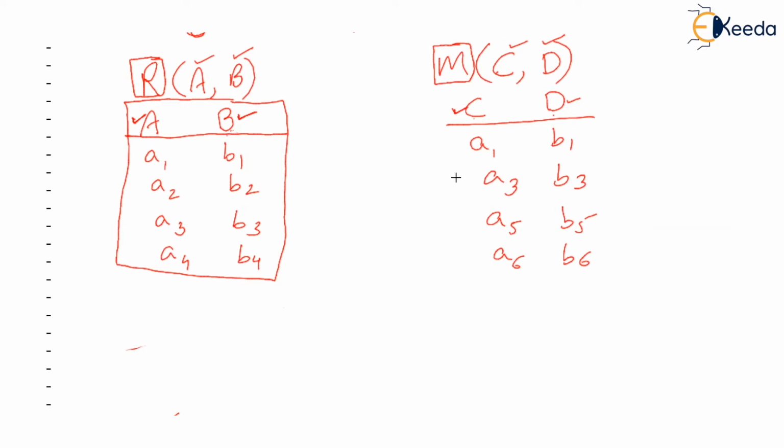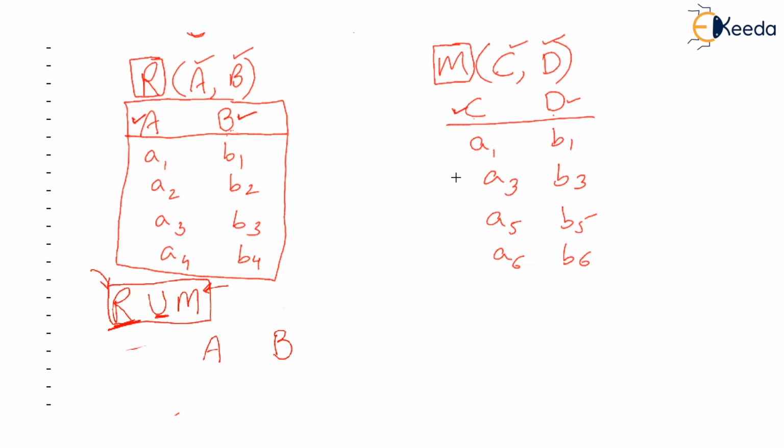See, the union operation is written as first table R, union second table M. And on doing this operation, we are going to get a new relation, a new table, which will have column names the same as the column names of R, because the left hand side, the first table we wrote, was R here. So instead of naming the columns as C, D, it will name them as A, B. So there will be only two columns. And as you know, union operation on sets means all rows which belong to R and all rows which belong to M will be added in this new relation.